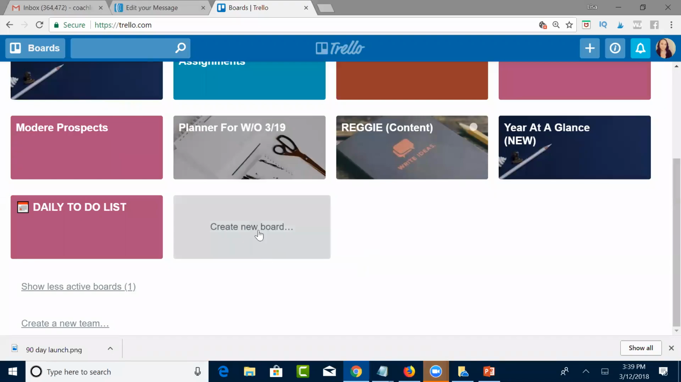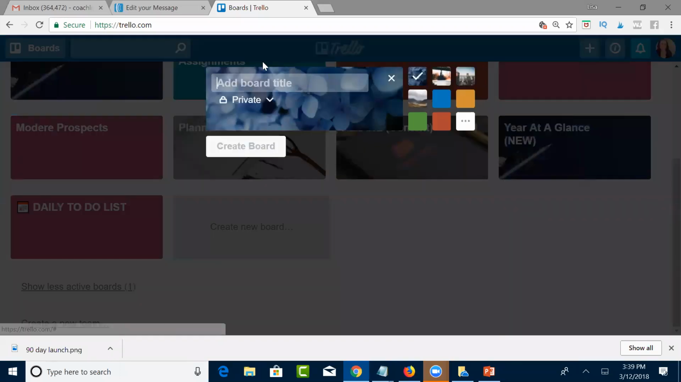Okay, so using Trello is pretty simple. When you get in, the first thing you're going to do is click on Create New Board, and you're going to give the board a name. So what I like to do is put something like